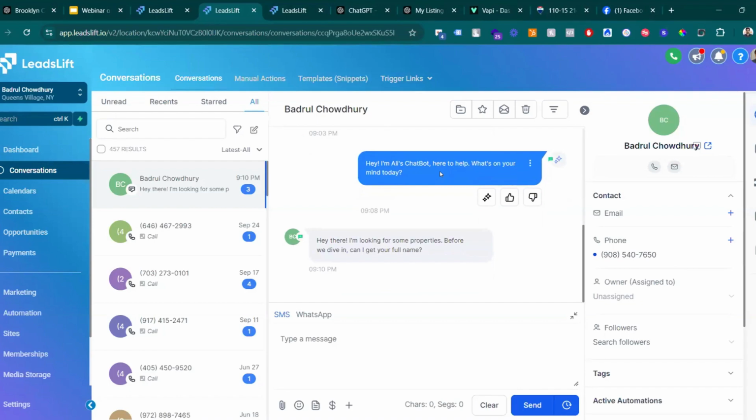So in that case, the AI will be pre-qualifying your leads. That way you don't have to talk to each and every single lead. Some might be junk leads, some might not be looking for property right now. So those you can start nurturing. This is a very powerful way we can set up this system, and how this AI will be answering your questions using SMS as well as WhatsApp.